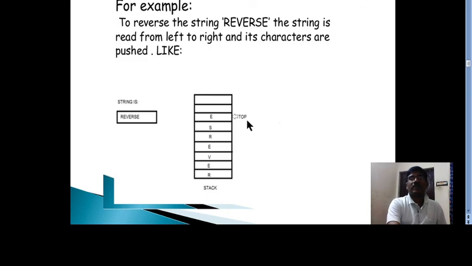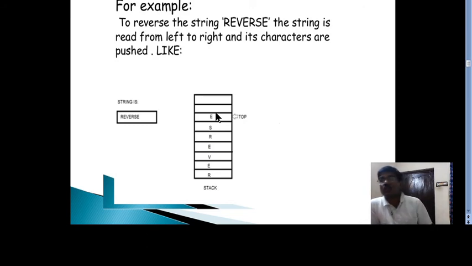That's why stack is called LIFO. The element which is lastly in is E, but when you pop, it will come out first. The last in element will come out first if you follow this stack structure.